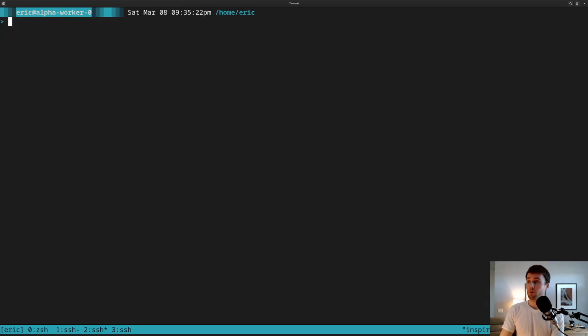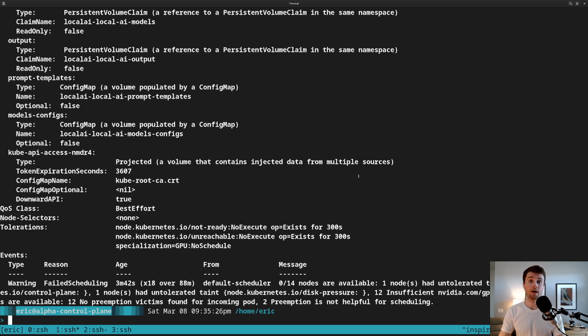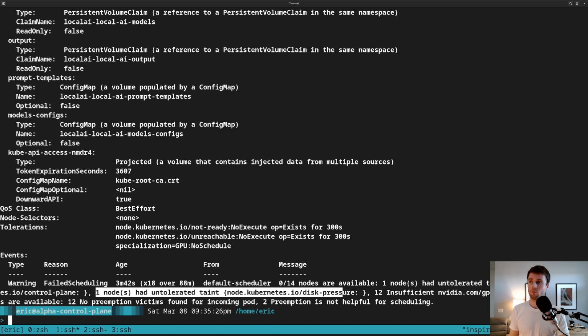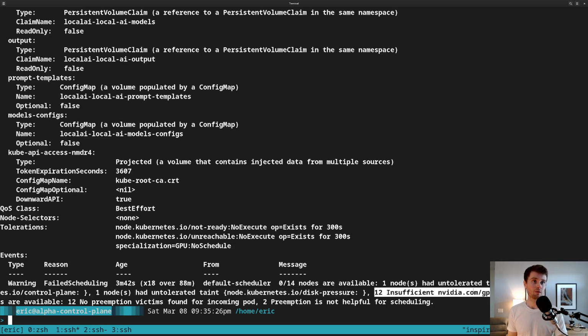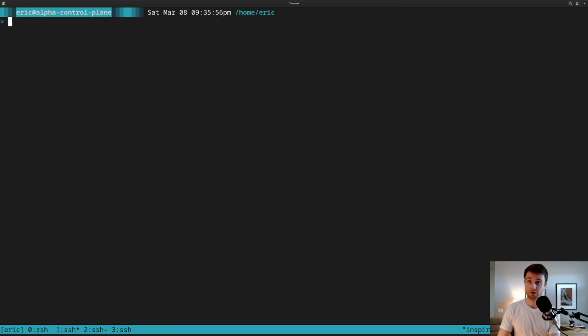But the problem is not the GPU. If it was missing the GPU, we would have 13 nodes that have insufficient NVIDIA GPU. So there's 14 total. One is a control plane. One is Alpha Worker 0, which has this high disk pressure. And the other 12 have no GPU. So I need to fix this problem here. Once I fix this, local AI should be able to run, and we should have a GPU running in a